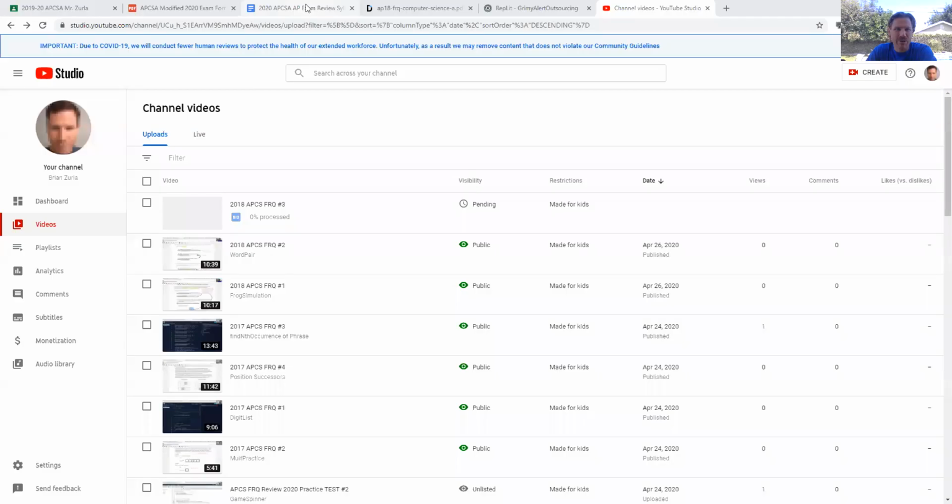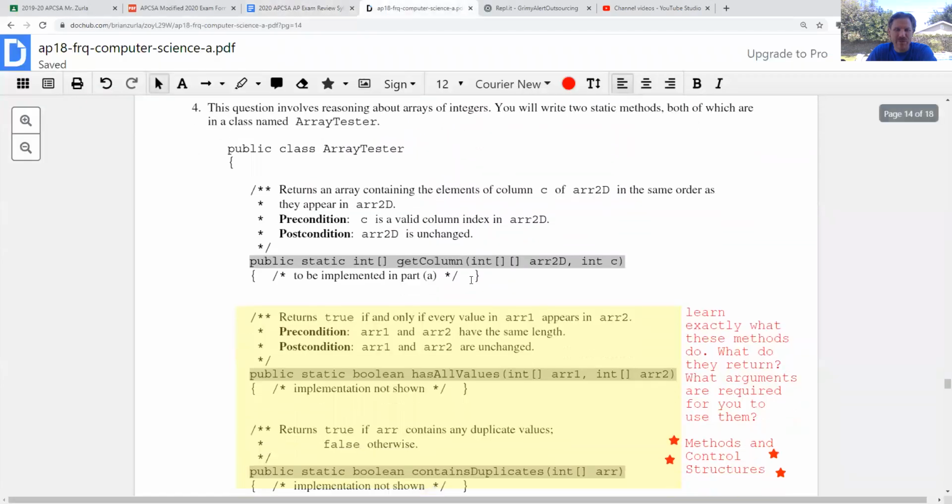All right, we're going to try the last question from 2018, the Latin square. This is a great question. It's got a whole bunch of different aspects to it. So first off, we have to just kind of look at this array tester class and figure out what we're